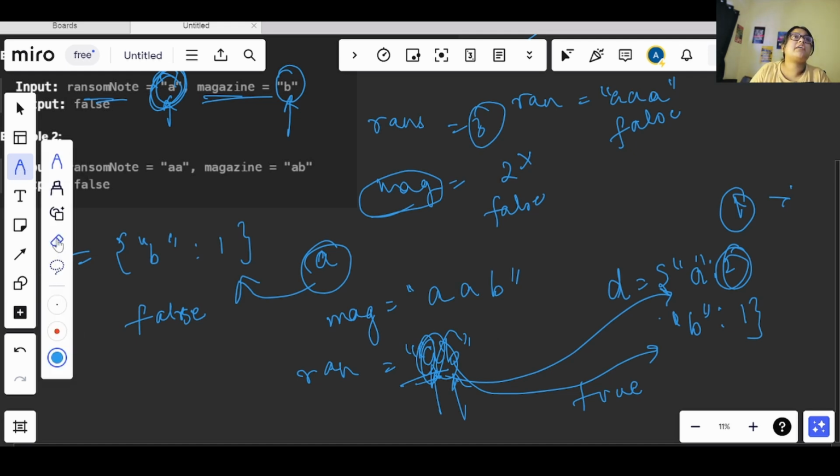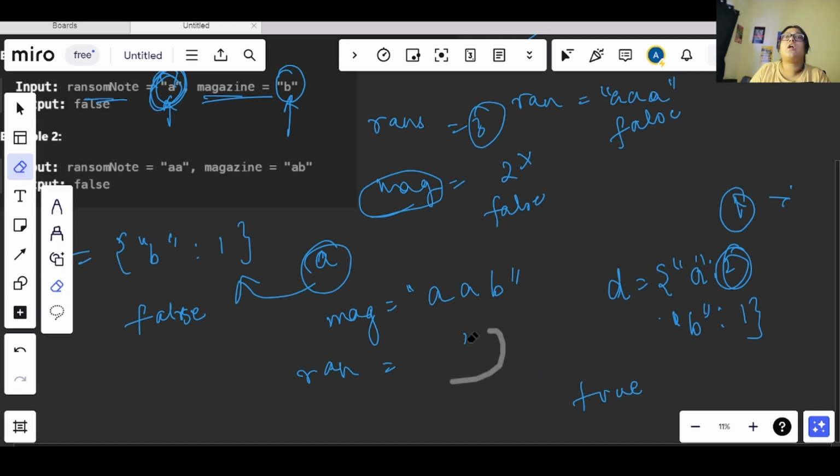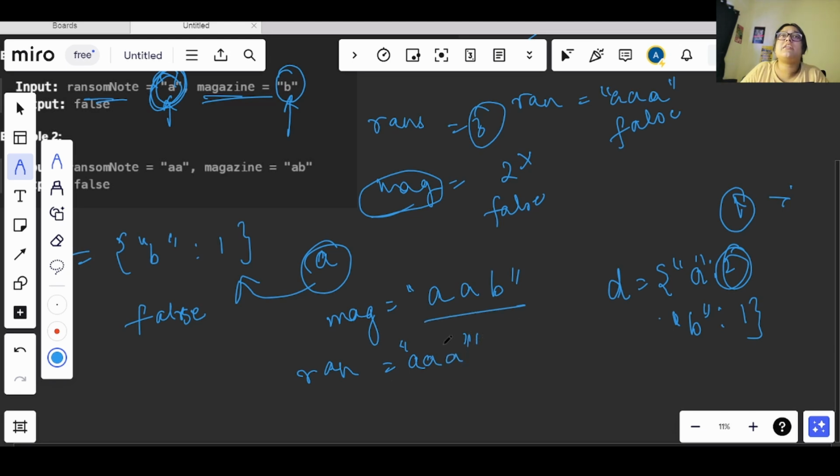Now let's take another condition, okay. Here what we saw, we were simply checking for the letters. Now let's say we have the ransom note as A A A, triple A's. Now the length is same, but the count of A here is 2 only, right?